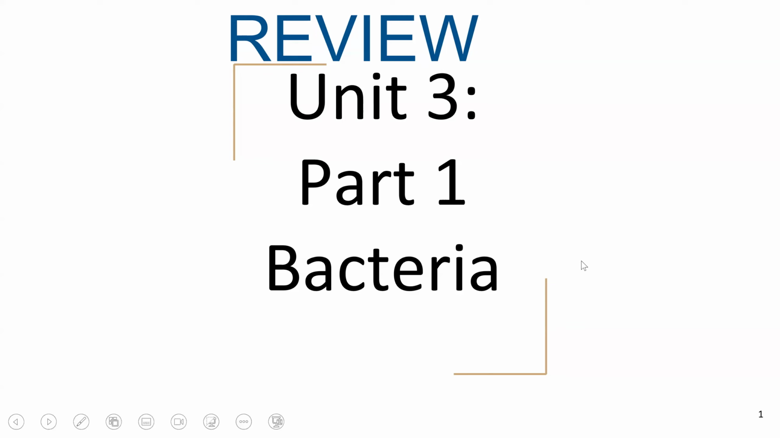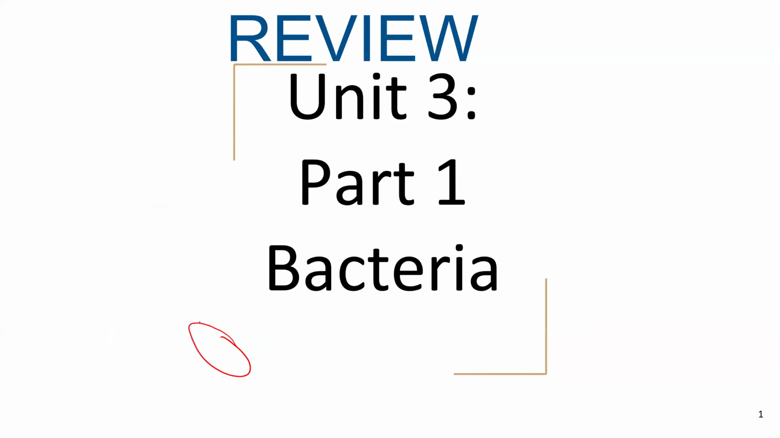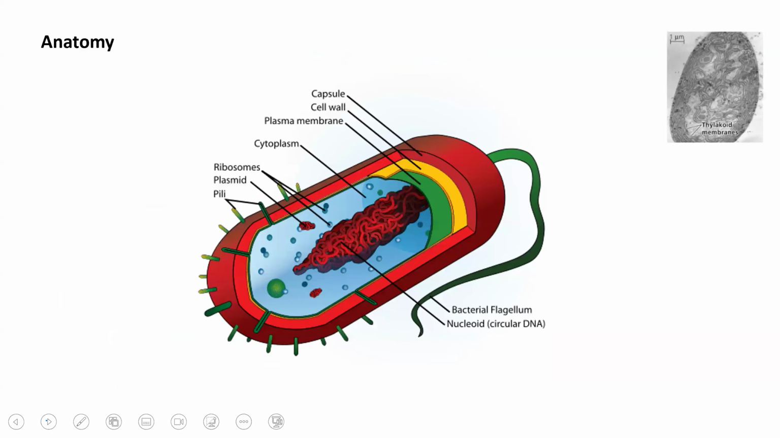We started off, we talked about the shapes. Let's change this to blue. So we said we have three shapes. We have rod on the left. We have sphere, which is known as cocci, and then we have spirochetes. So three different shapes. And then we went into the first part of this as we tackled the anatomy or